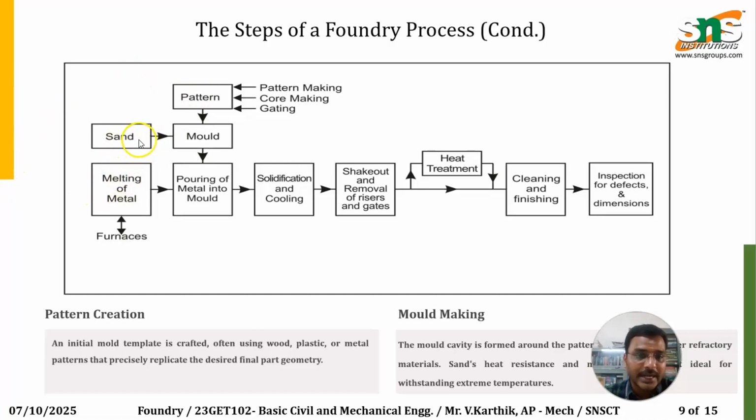This is the sand and then mold. We have pattern making, core making. This is the first thing we have to do in the foundry operations. Then sand is used to fix the mold, and then melting of metal in the furnace with heating to a particular temperature, pouring of metal into the mold, solidification and cooling, shakeout and removal, and then heat treatment, cleaning and finishing, and then inspection for defects and dimensions. This is about the foundry steps where pattern creation